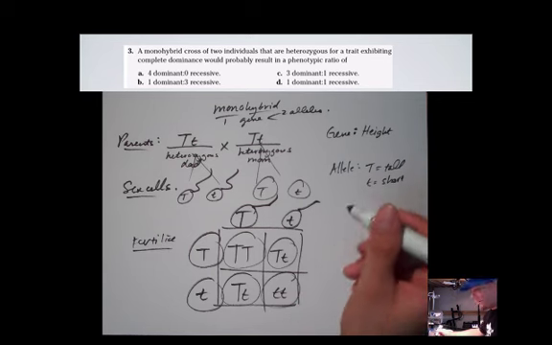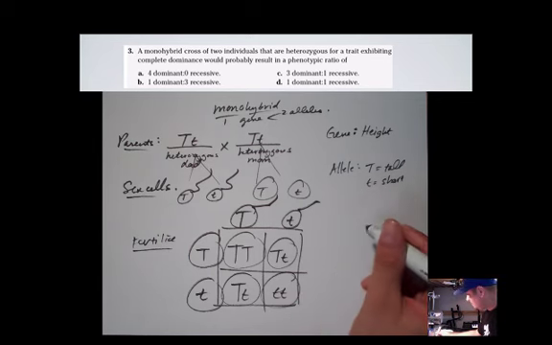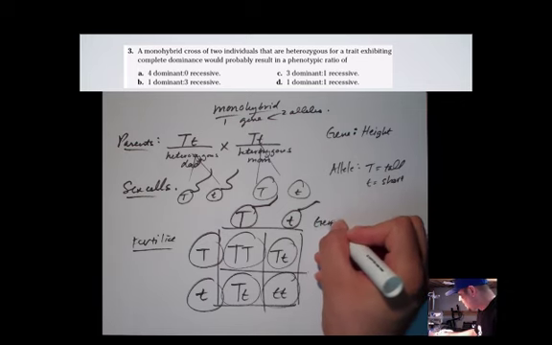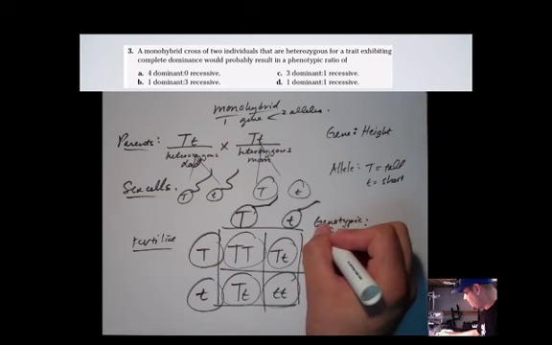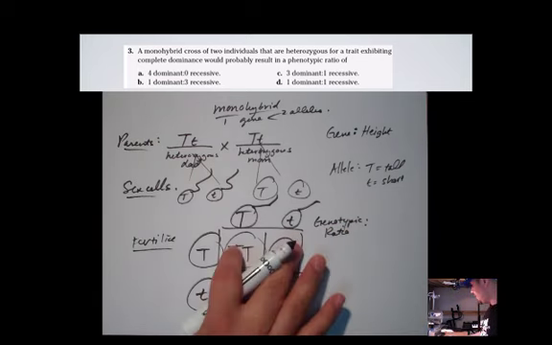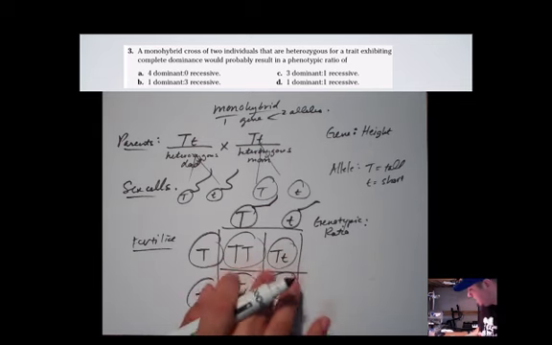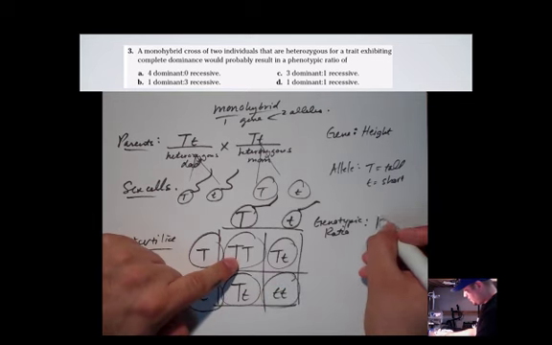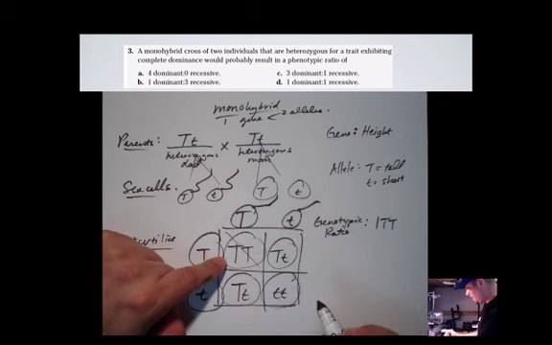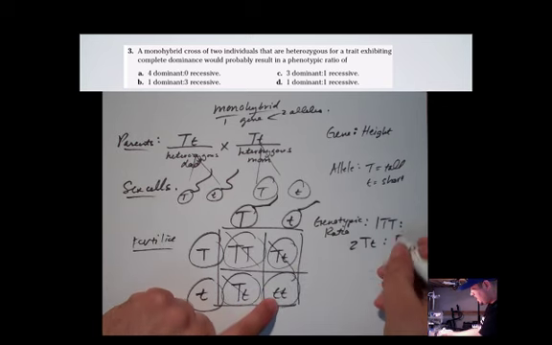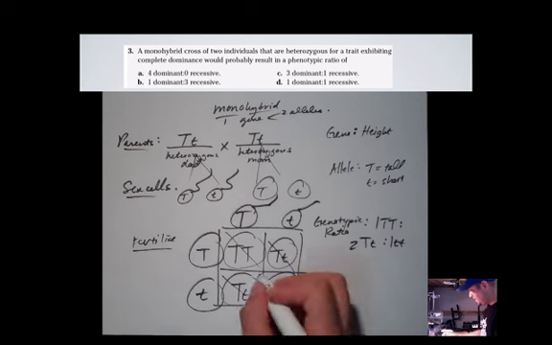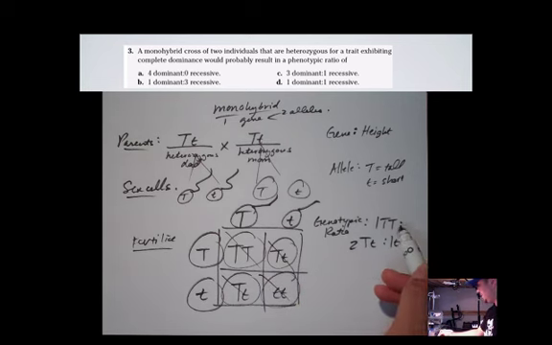Alright, so they're asking us what will be the phenotypic ratio. So let's rewind a little bit. Let's talk about genotypic ratio first. And your genotypic ratio is the ratio of the allele combinations. In other words, letters. So let's look at the allele combinations. When we look in here, we look at the offspring. And here we have one big T, big T. I don't see that anymore, so I cross it out. And then I see big T, little t. How many times? I see it twice. And then I cross that out. And then little t, and I see that only once. There you go. So the ratio is 1 big T, big T to 2 big T, little t to 1 little t,